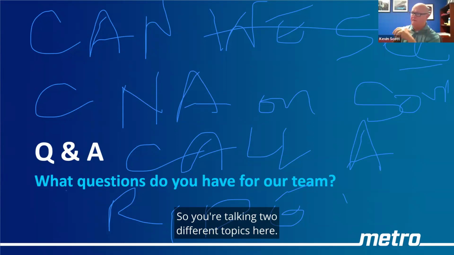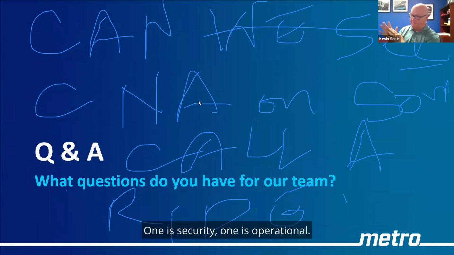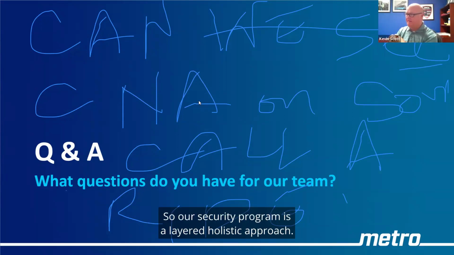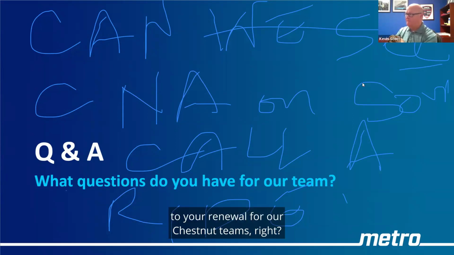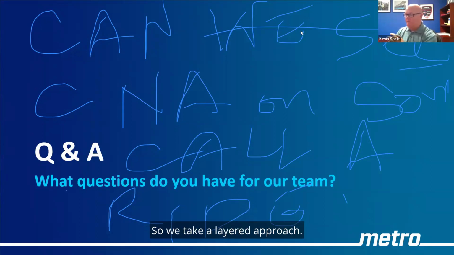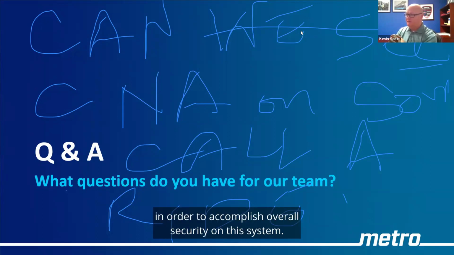Sure. You're talking about two different topics here, one is security, one is operational. So I'll hit the security side of this. Our security program is a layered, holistic approach. As a matter of fact, in that question, they cite the effectiveness or the need for programs like Chestnut, where in fact the security subcommittee of the board yesterday just approved a two-year renewal for our Chestnut teams. So we take a layered approach. There are a lot of things that we have to do in order to accomplish overall security on this